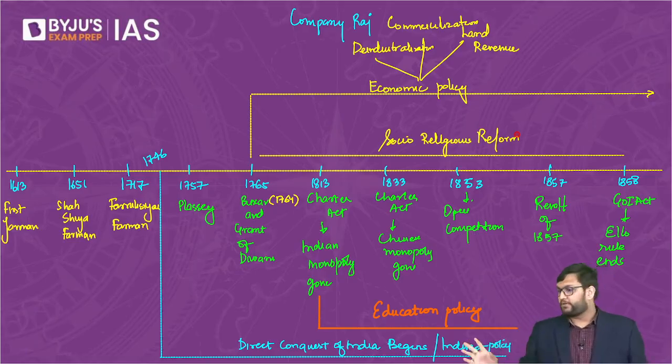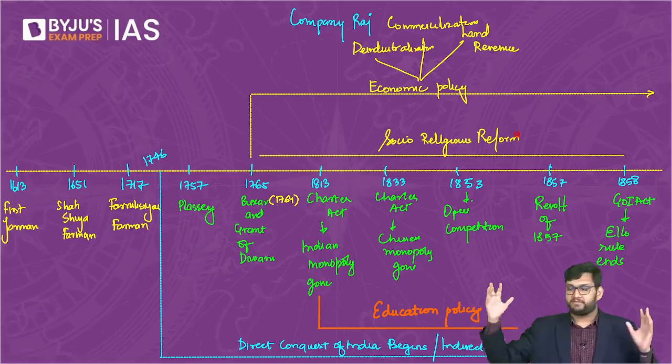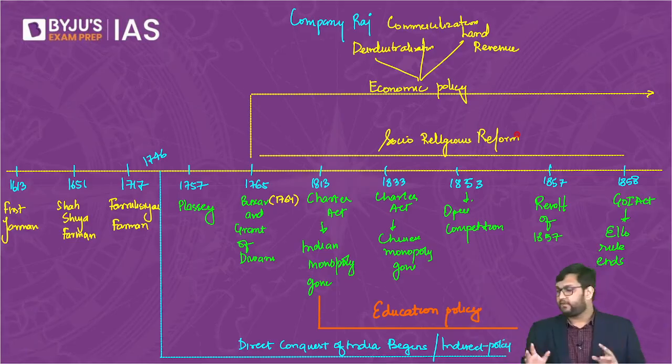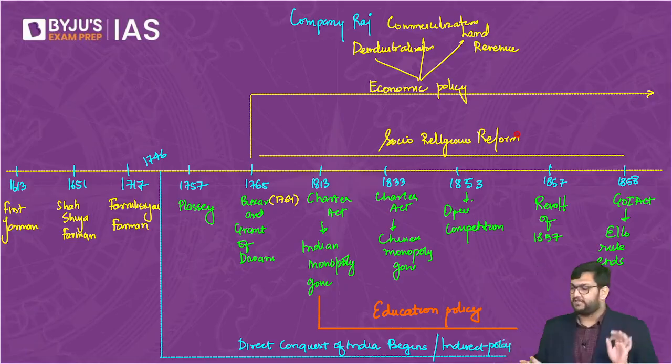The simple point is this is how our whole period, which we've been discussing for now close to 10, 11 classes, is there. So all thematics which I've covered with you are in this slide itself. So I think we all are comfortable with Company Raj. So don't ask me what do you mean by Company Raj. This is what is called Company Raj, where the East India Company managed India, and generally it should be clear